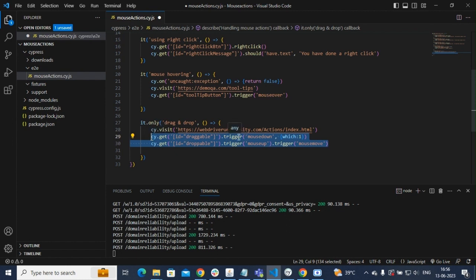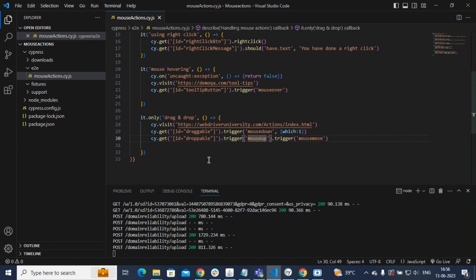Basically, we have to handle the mouse down, so down trigger. You can see that here the mouse is going down to pick up the draggable element, and after that here we put the mouse up, and commands pass on with the help of the trigger. So here we will mouse down, and after that we will mouse up, right? So we will just select this